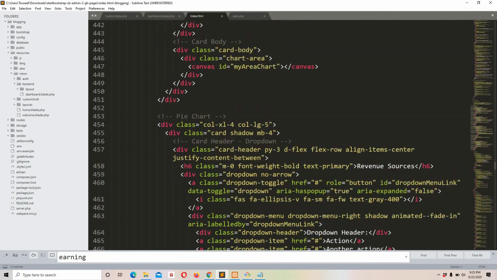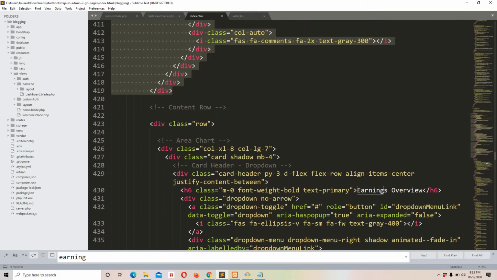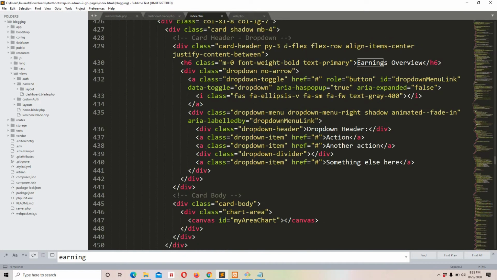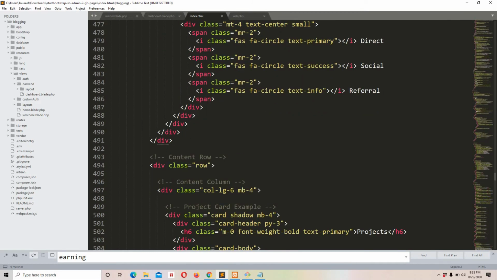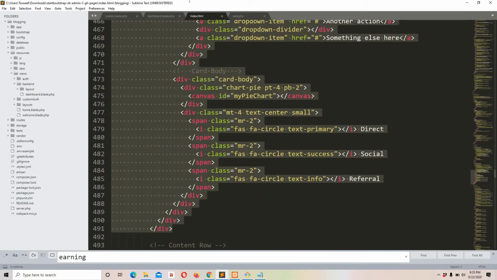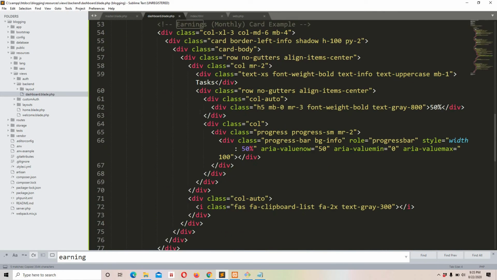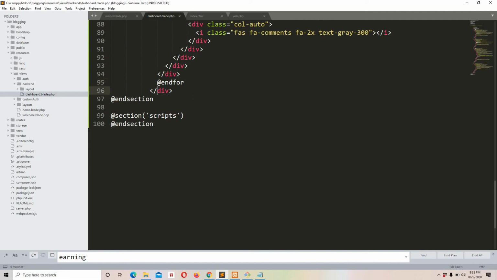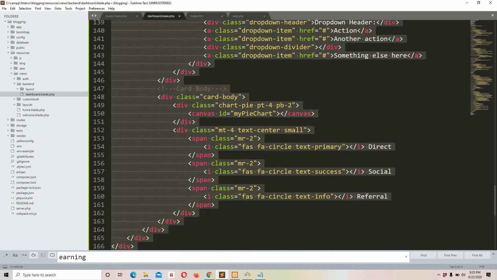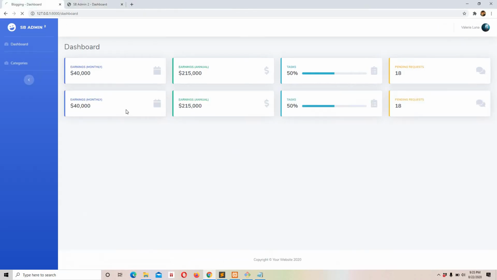Yeah, we want this section, so I will again click on the row, the second one, and I will check for the ending right here. So I will copy it up till here, and once again just below this div, because this is another row, I will paste it and align our code. Let's refresh and see what we have.